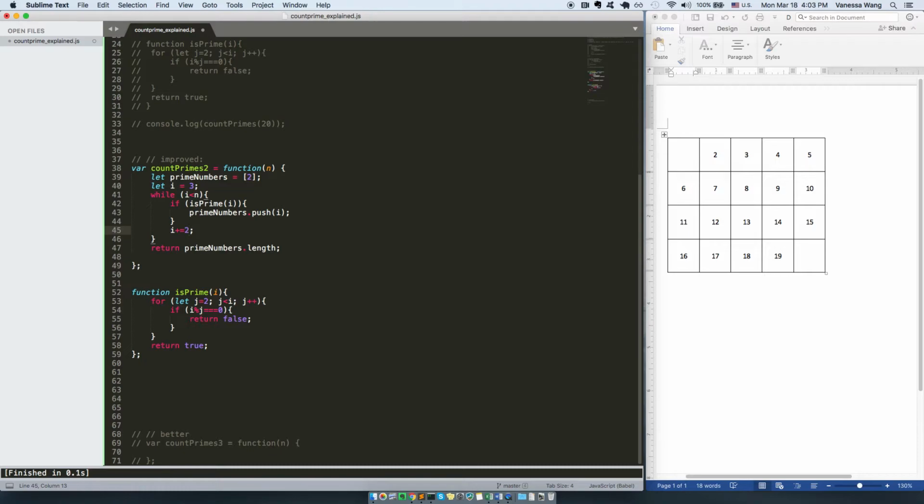So we check 3, and then 3 plus 2 is 5. We check 3, 5, 7, 9, all the way till 19. Until 19, because 21 would be larger than n, then at that point it's already breaking the while loop. Other than that, we still need the helper function isPrime, and